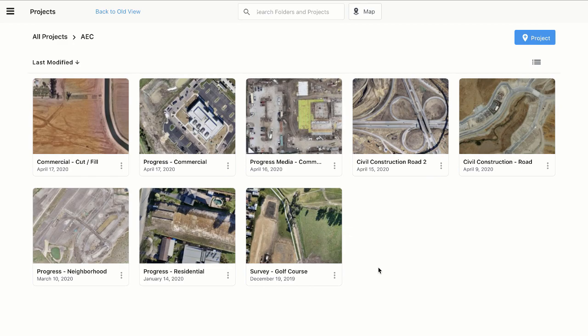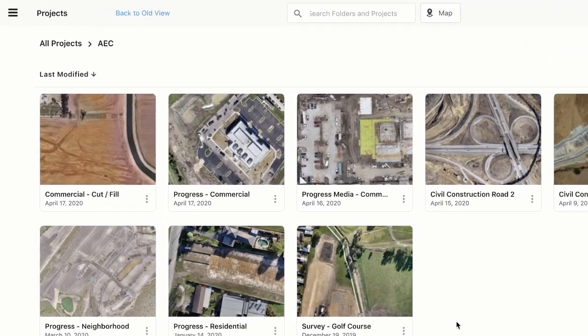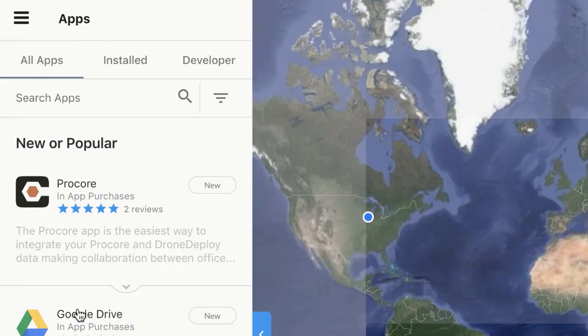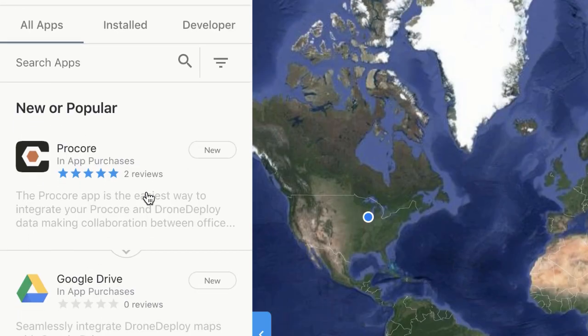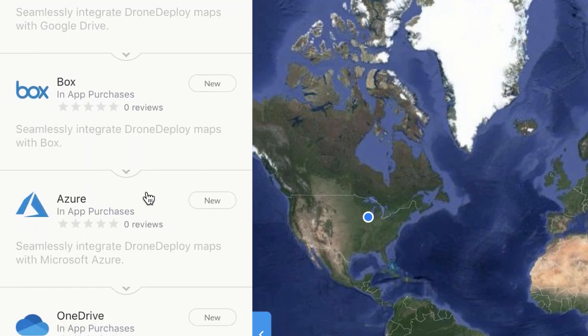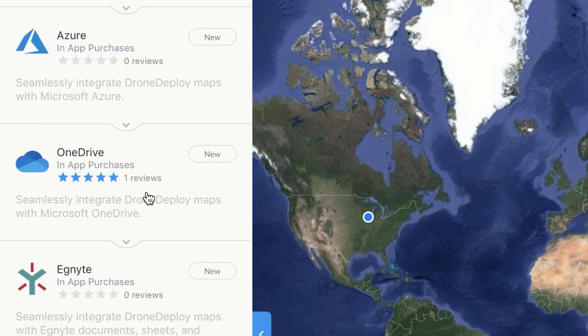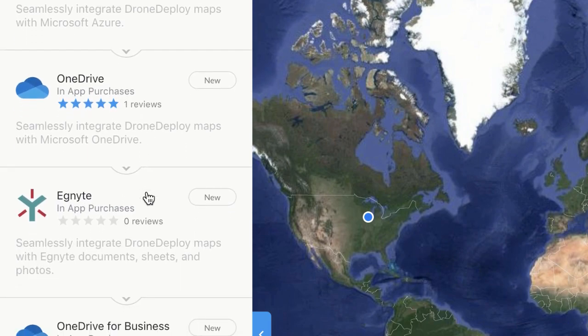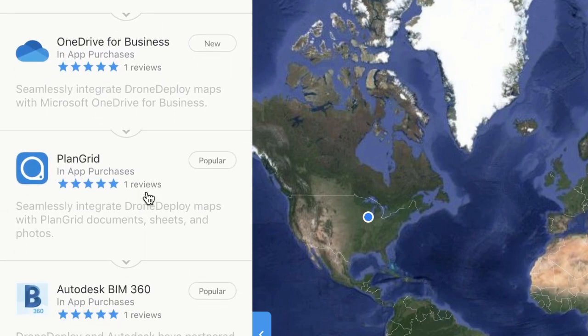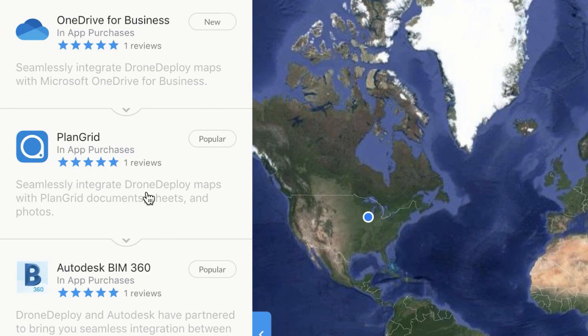Now that you've seen the basics of DroneDeploy, you can enhance your experience by leveraging the DroneDeploy App Marketplace, where you'll find advanced flight planning applications, operations management tools, third-party integrations, and even industry-specific applications in construction, agriculture, mining, inspection, and many more. The marketplace also includes some of our premium integrations, such as Procore, Bluebeam, Autodesk BIM 360, Google